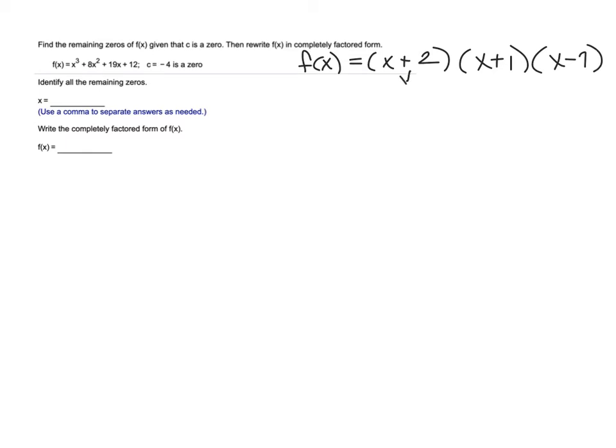Remember, you just take each one and you set it equal to 0 and solve. And you get x equals negative 2. This one would have given you negative 1 and 7. So this function had 3 zeros,